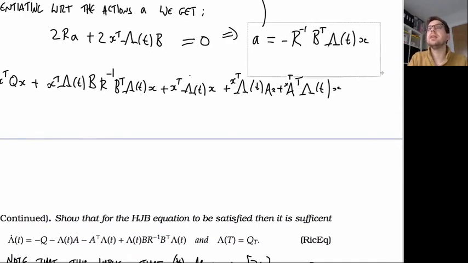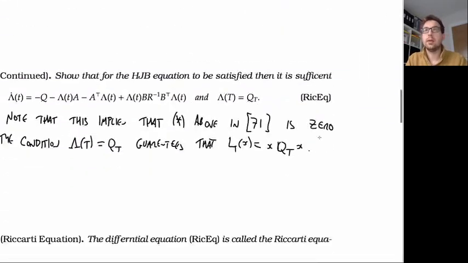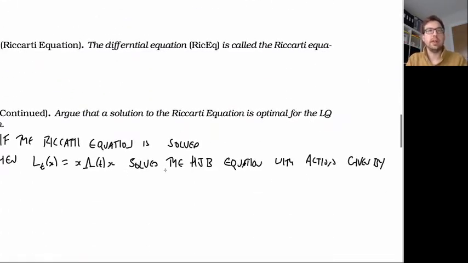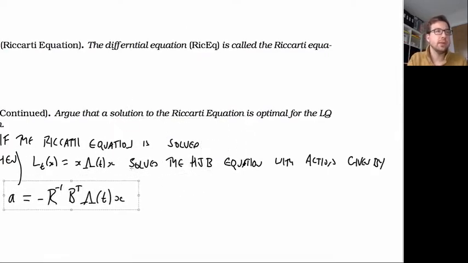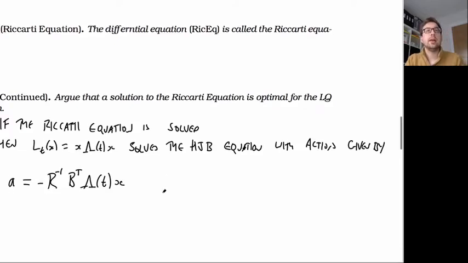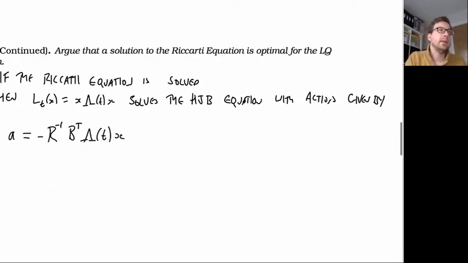Let's just copy that. So with actions given by this. Okay. And so if we have a solution to the HJB equation, then it's an optimal solution. So by our previous exercise,